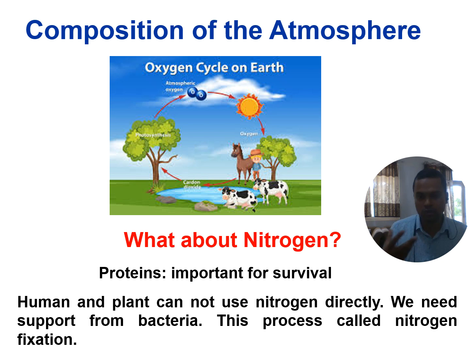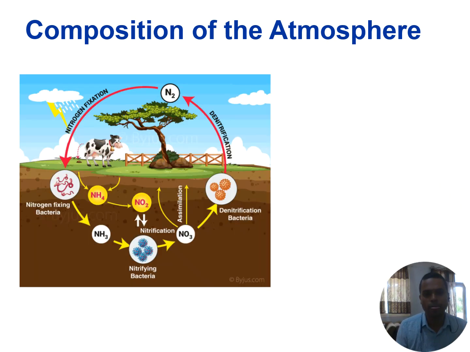They actually convert this nitrogen from the atmosphere into ammonium salts, and those ammonium salts are taken up by the plants, and they synthesize protein in their body. These proteins we eat as food, and we break them down and produce our amino acids. So that's how the process happens. This is the nitrogen cycle that is happening.